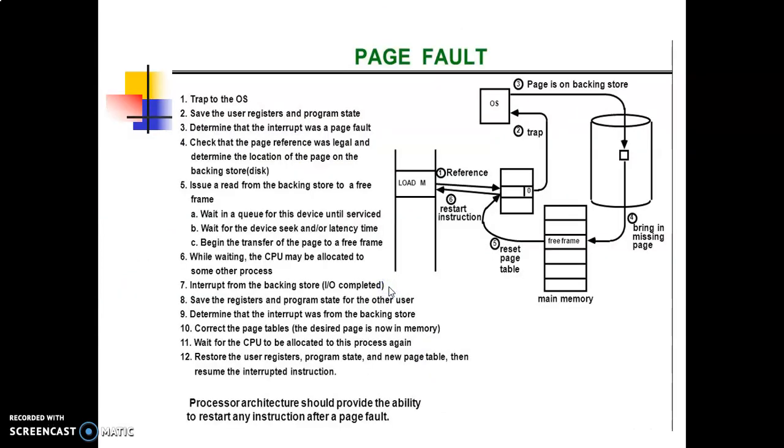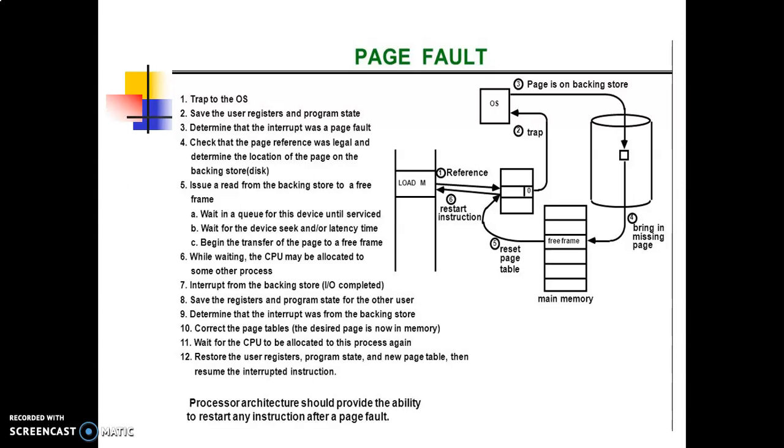Page fault, we have also learned the same concept in operating system. From this diagram we can easily understand that when a program starts execution, one or more pages are transferred into the main memory. This one is the main memory, and the page table is set to indicate their position. The program is executed from main memory until it attempts to reference a page that is still in auxiliary memory, and this condition is called page fault. Means it is not available in the main memory right now, it is available in the auxiliary memory.